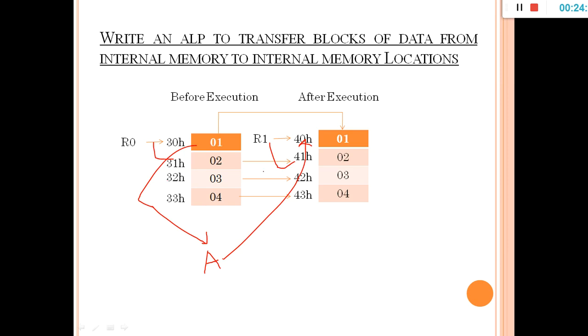Instead of writing the same instructions we wrote to fetch the data, you have to write in terms of a loop, which means writing one instruction, that is DJNZ R2, comma, again. If you write that loop instruction, you will stay in the same loop, fetching the data, transferring it and decrementing the count. You will stay in the same loop until count becomes 0. Once count becomes 0, you just terminate the program. Okay, so now this is the program.